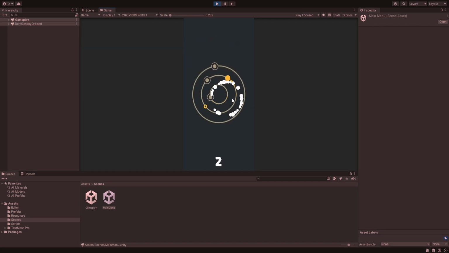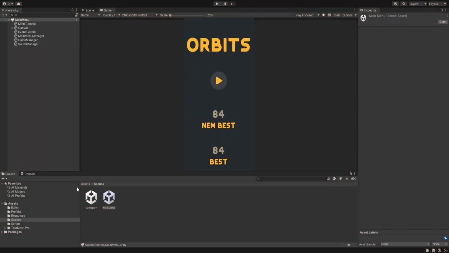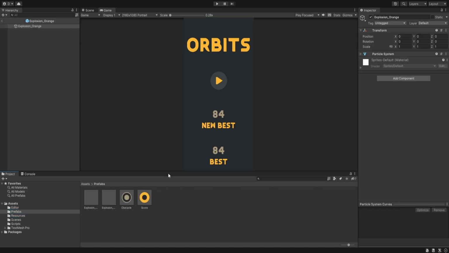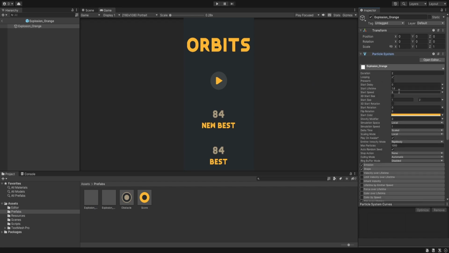So explosions are working fine, but they need to be changed. So the first thing we'll need to change is for the orange. So the orange, the speed needs to be higher, so let's set it to 15. The emission needs to be 25. The size needs to be changed a little bit, 1.6 to 3.2,